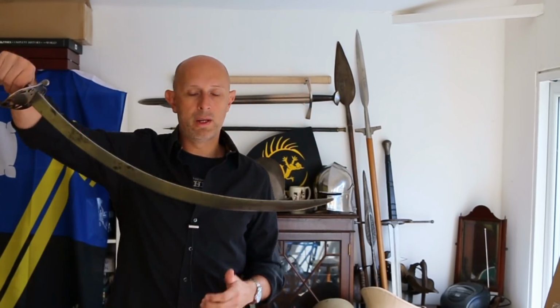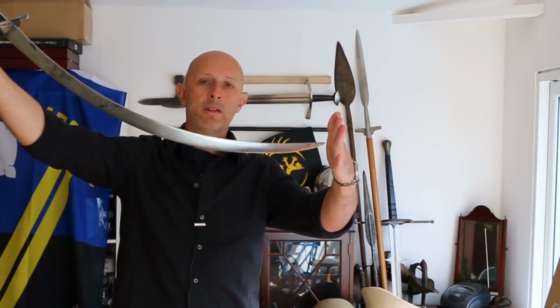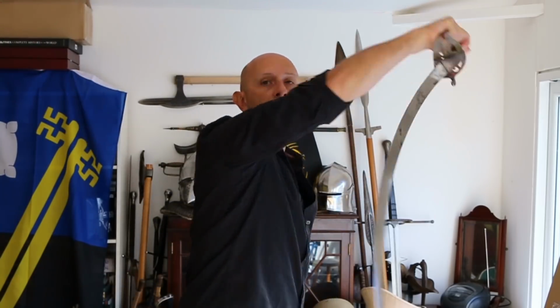But if you have a curved blade, what you can actually do, and I won't be able to show you this exactly because if I was sitting on a horse, the infantry would be below the level of the camera, but if you imagine my sword is coming in like this, if I'm riding my horse and I'm holding the sword down there to stick someone through the chest, the point of the sword is essentially in that angle, and at that angle the point can enter the target and then come out and through that way quite easily. Well, I won't say easily, but